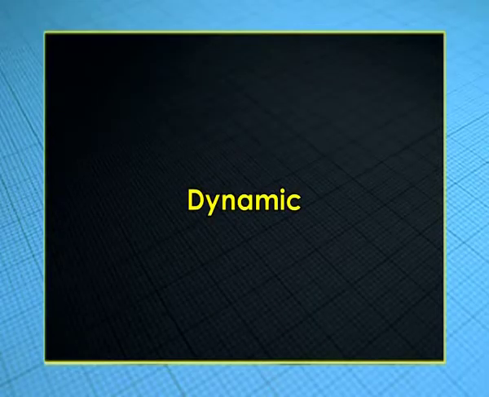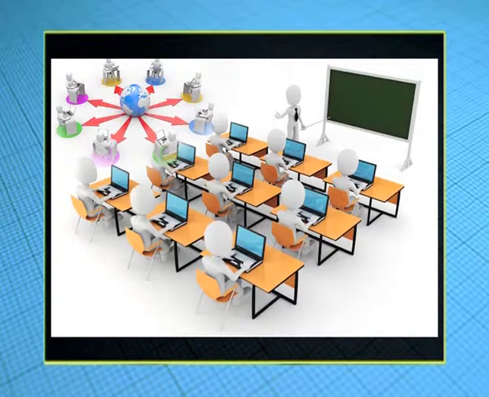Number second, dynamic. It might be said that a static curriculum is a dying curriculum. Just as education is in a dynamic state, its curriculum must likewise be dynamic. Administrators, curriculum developers, and instructors must constantly examine the curriculum in terms of what it is doing and how well it meets students' needs. Provision must be made for curricular revisions, particularly those modifications that are tangible improvements and not just change for the sake of change.